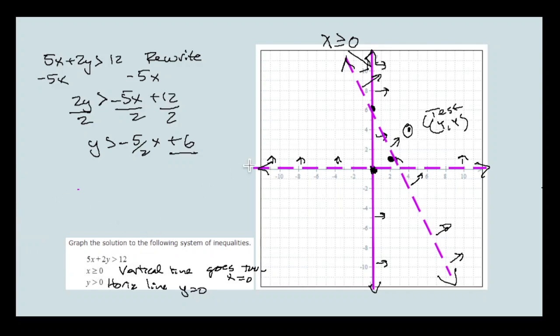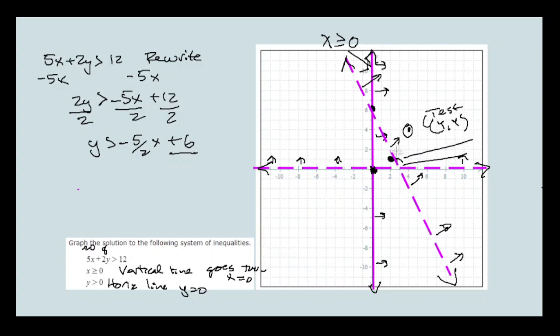4 is greater than 0 for x. Yes, absolutely. 4 is greater than 0 for y. And if you put 4 in this, 4 times 5 gives you 20. And 4 times 2 gives you 8. And 20 plus 8 is 28. And that is greater than 12. So it worked,